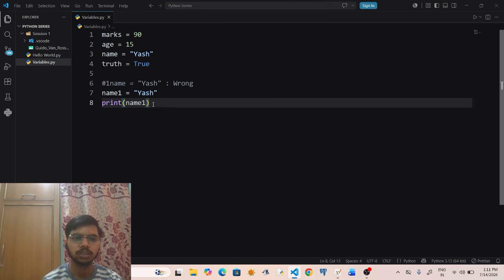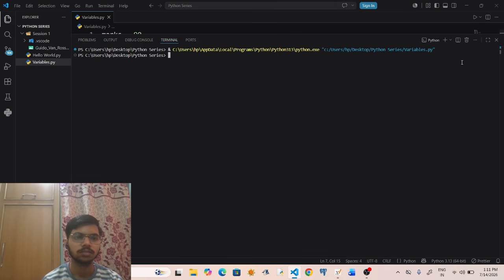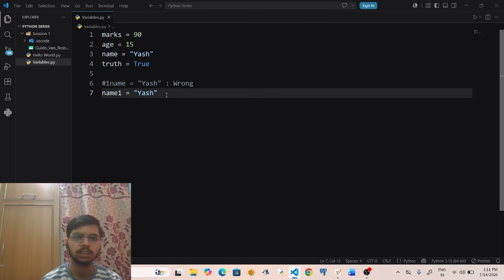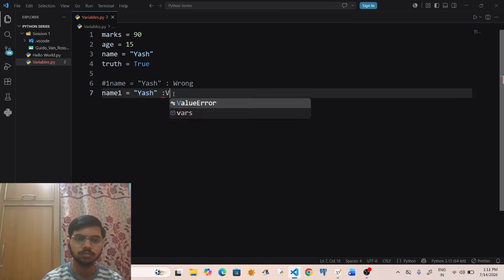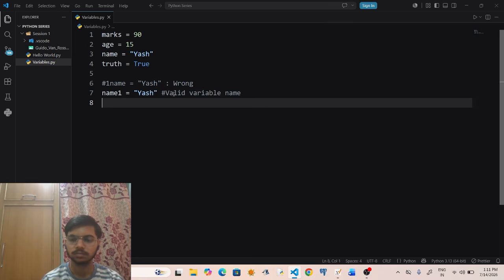This is because it is a valid name. Even if I do not print it and I run this program, see, it is not giving any error. This means this is a valid variable name.